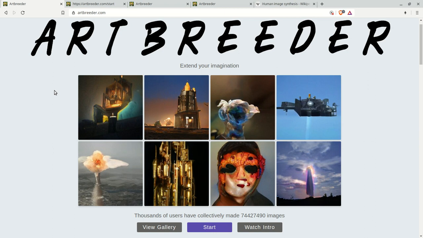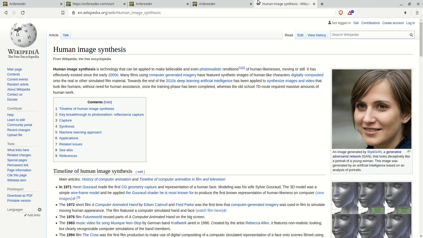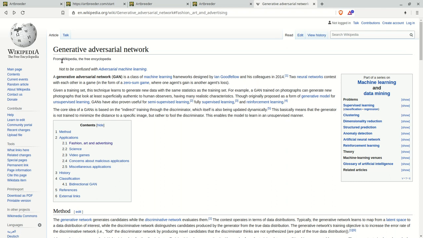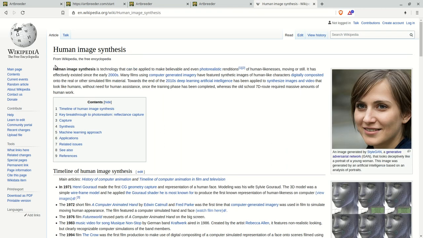Today I'm going to show you an OSINT tool that can help figure out the type of AI generated pictures and content that are on the internet, to help deduce whether someone is a bot. This site called ArtBreeder is a website that uses Generative Adversarial Networks. It's an AI framework to produce different portraits, different characters, but in this instance I'm going over the human image